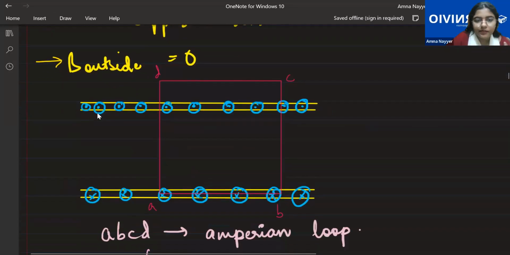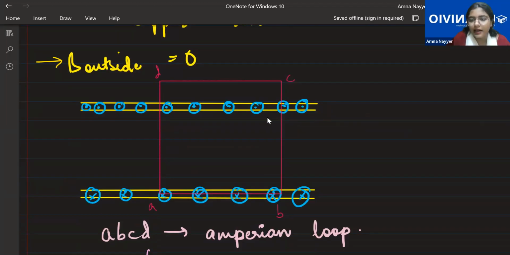See, this is where the current is going. So for that, we have just taken it as parallel lines. These are the points where the current is going inside, this is coming outside, going inside, coming outside, going inside, like this. You are just concerned with the current, not where the wire exists, because whatever we get for one portion will hold for the entire solenoid. So we take a loop here, which is known as the Amperian loop.